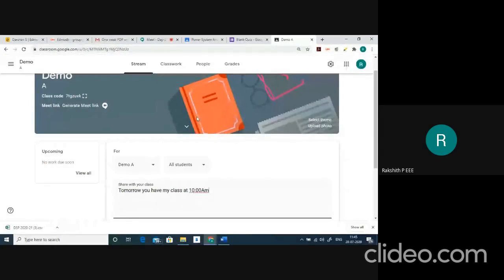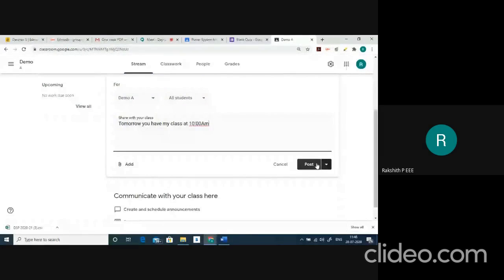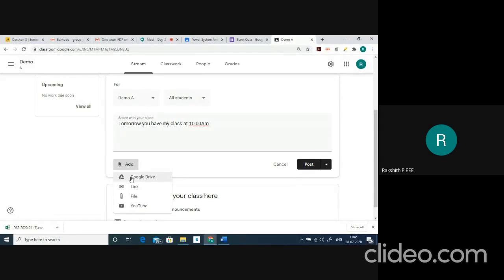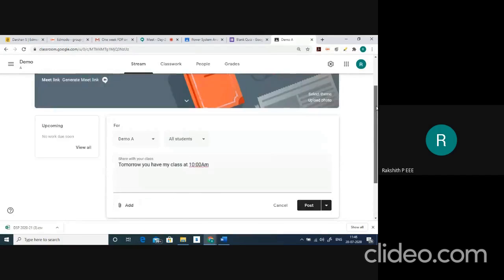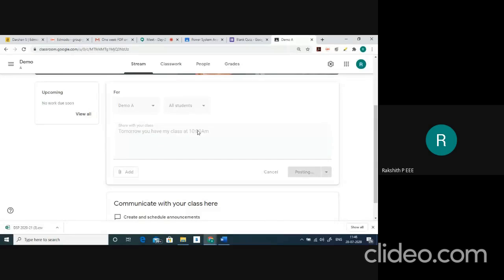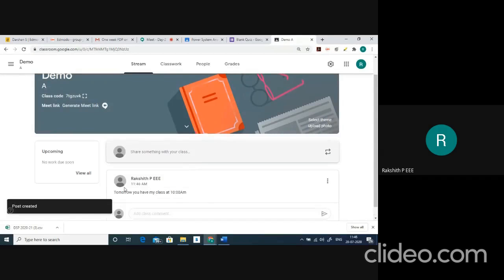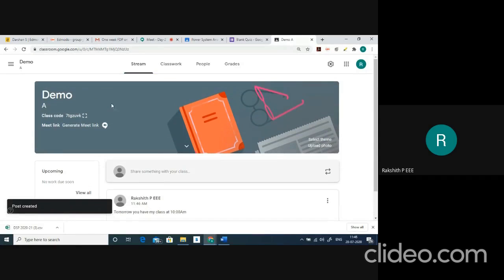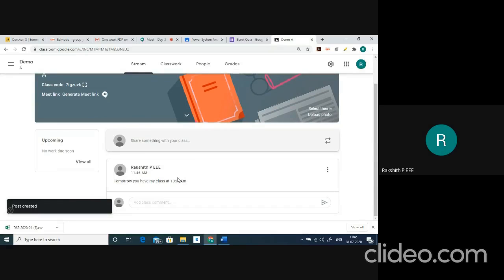And then you can post it, or you can schedule it for later as well, or you can add either from a Google Drive, or you can give a link, you can share a file, or you can post some YouTube video here, or you can post just a message and then click on post, so that the message which you have entered will be posted to the class which you have created.